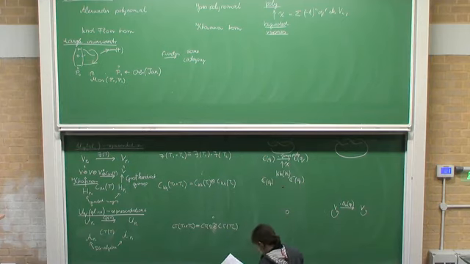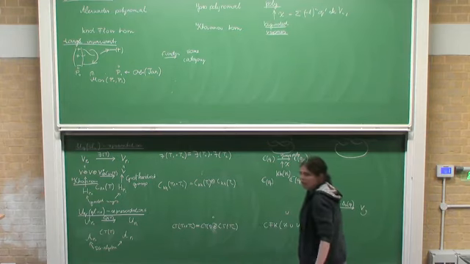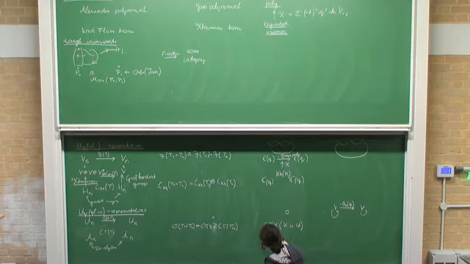But what you're going to get back is almost knot Floer homology: the chain complex corresponding to the knot union a completely independent tangle. It's just floating somewhere. And that is the same thing as the chain complex of the knot